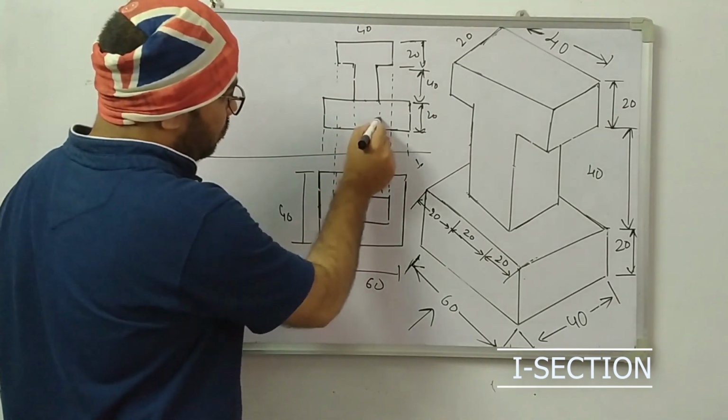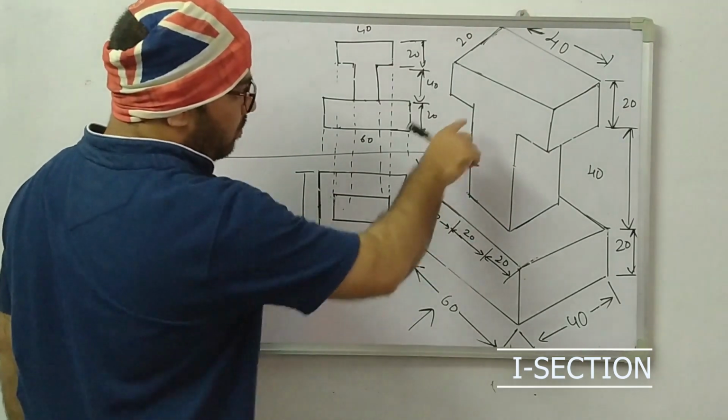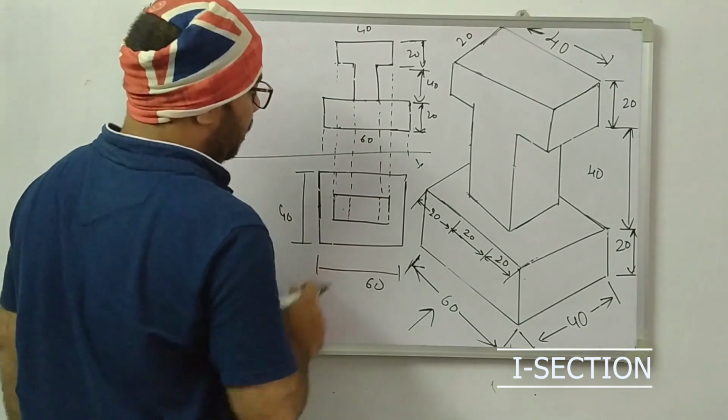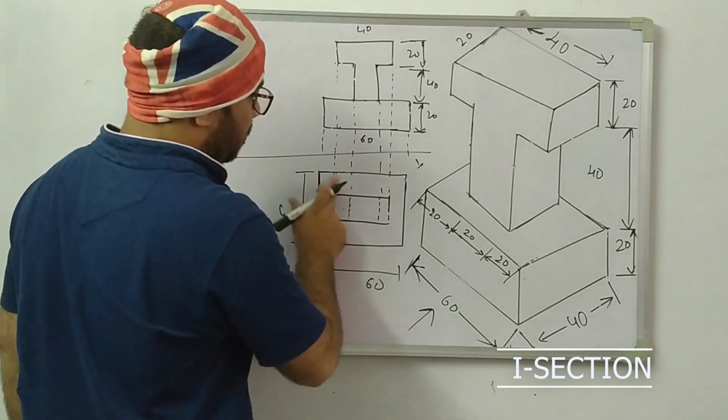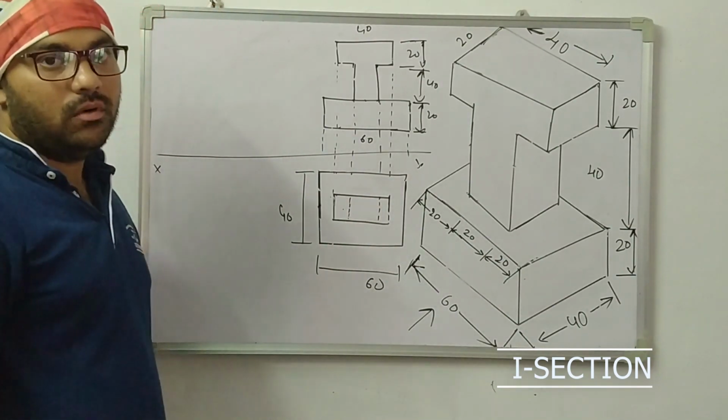Now we have drawn these two also. So I am watching from the top side. These two lines are not visible. So these are hidden lines. Draw hidden dotted lines. Draw dotted lines, and after all, rub out this portion. Okay. So this is our top view we have constructed.